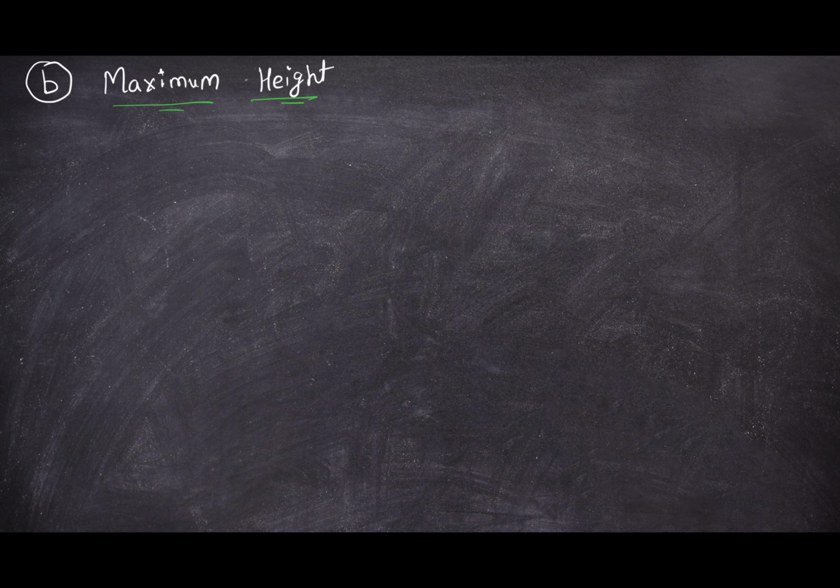Okay, so now we are going to calculate the maximum height. So what do we know? At the topmost point, velocity in y is 0. Why is it 0 in y? Because let's say this is my ball going up. At this point, velocity in y is 0. Let's say velocity in y is not 0. Then ultimately it should go more up. But since this is the maximum height, it can't go above this. There's nothing but to stop. You will stop here and then again fall down.